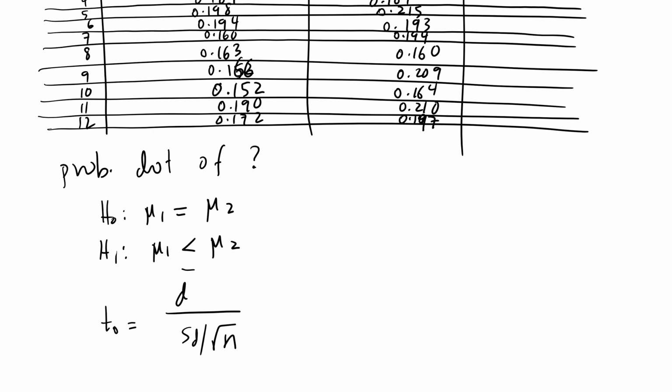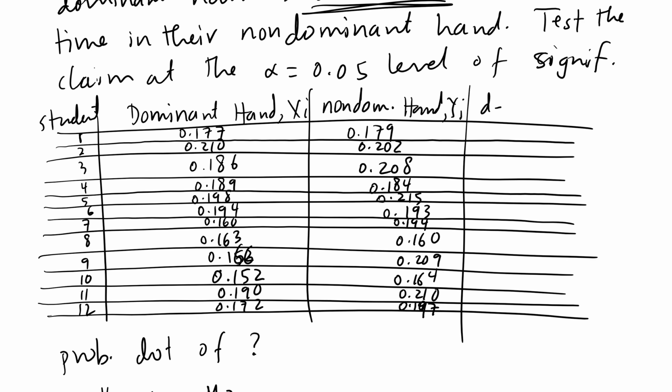And now in order for us to be able to use this test, we need to make sure that the data is coming from normally distributed populations. To do so, we need to find the difference, which is the xi values minus the yi values. So all you have to do is take the first, 0.177, subtract 0.179. I'm going to do it just for one of the values, and the same goes for the rest. That would be negative